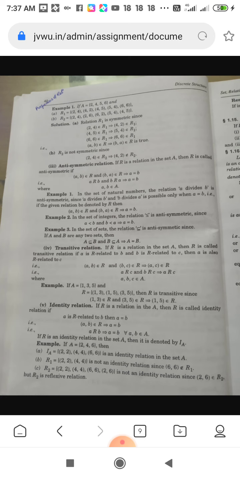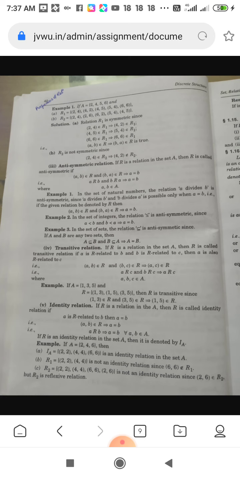Course is discrete mathematics, and the session of today is properties of relation. Relation, you all know well, is nothing but a subset of set A cross A. R is a subset of A cross A. There are many properties of this binary relation. Number one property is reflexive relation.